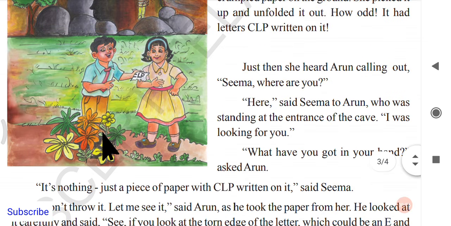Okay, so he said, see, it is small c, right? So it is not at all c. You can see at the end of the paper that it is torn. So the letter E might be missing above this. Okay, another line here, straight and right. That might be missing, that is torn.